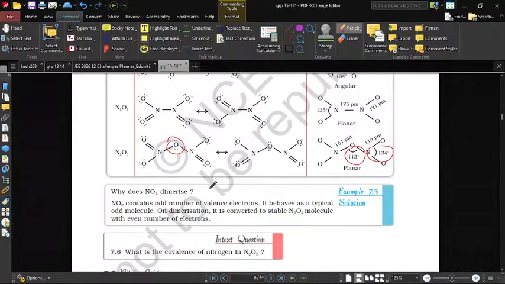Why does NO2 dimerize? NO2 contains odd number of valence electrons. It behaves as a typical odd molecule. On dimerization, it is converted into stable N2O4 molecule with even number of electrons. What is the covalence of nitrogen in N2O5? Covalence, कितने से बॉन्ड कर रहा है, एक दो तीन चार, ही चार है, 4।